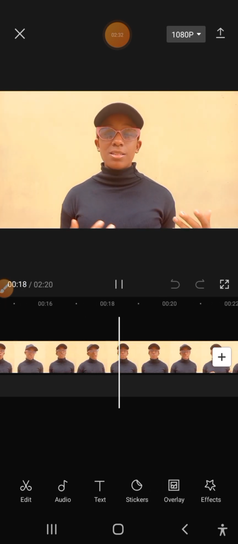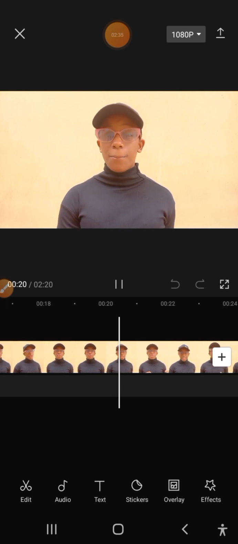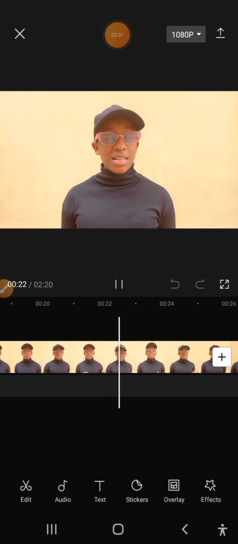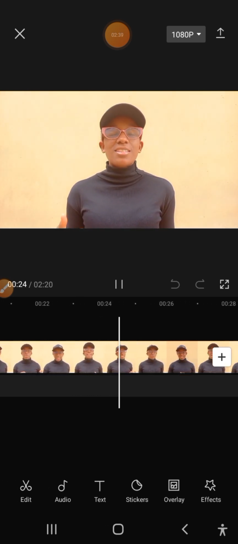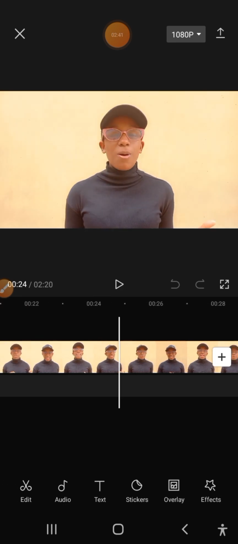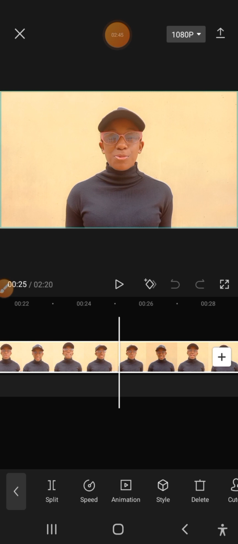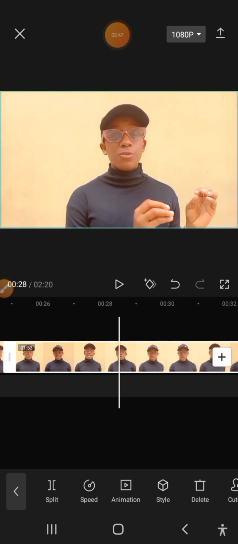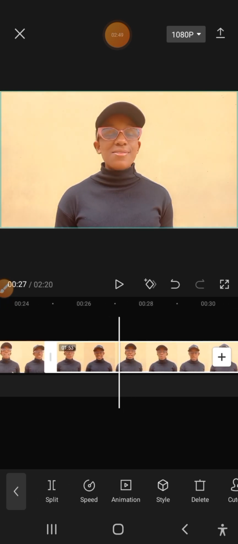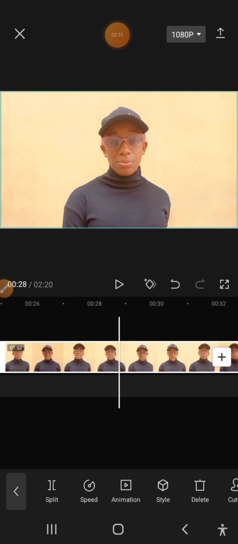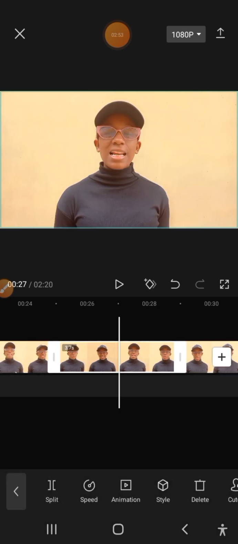Alright, so I believe you've learned the basic things we talked about. The speed is normal, and now it's just about to become exciting. At this point, let's say I want to make just a section move slowly. I'm going to split and split. Let's say this is just a section I want to reduce the speed